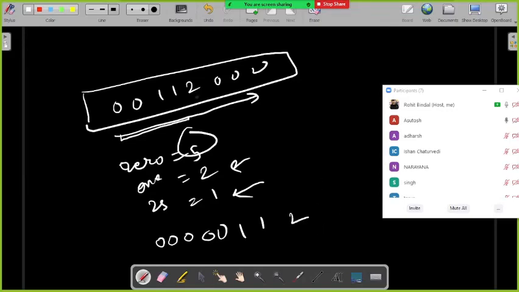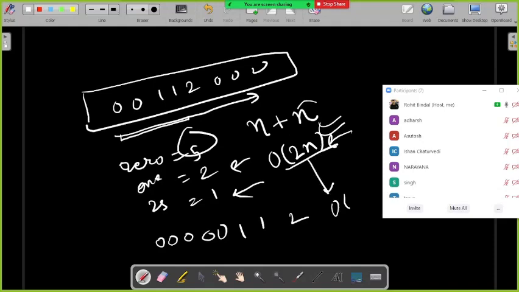Yes. So basically you are doing it in 2 passes. The first pass will take order of n, and another pass will take order of n. In the first pass you are counting the number of zeros, ones and twos, and in the other pass you are replacing them, right? So the time complexity is order of 2n. Okay, this is also fine, but can you do it in only one pass? I want it in order of n.